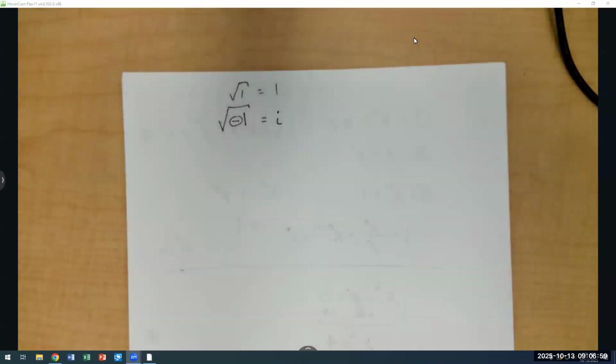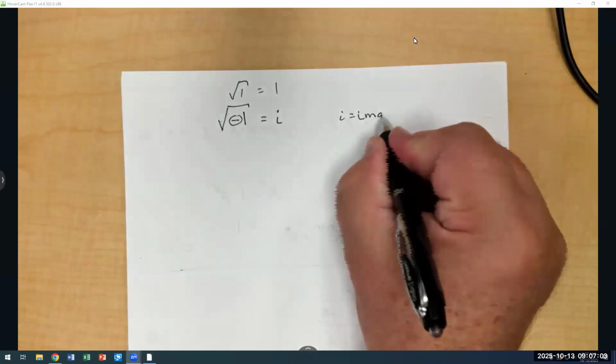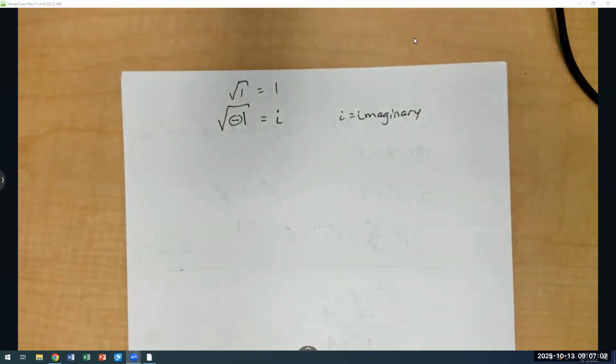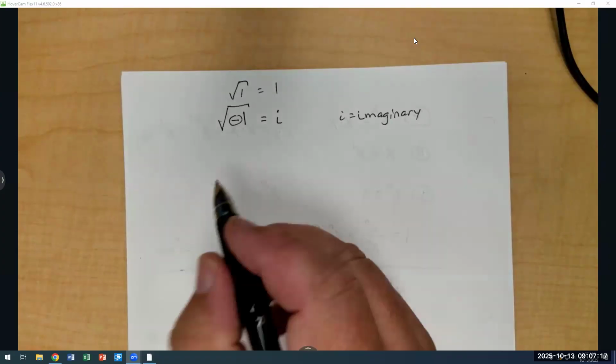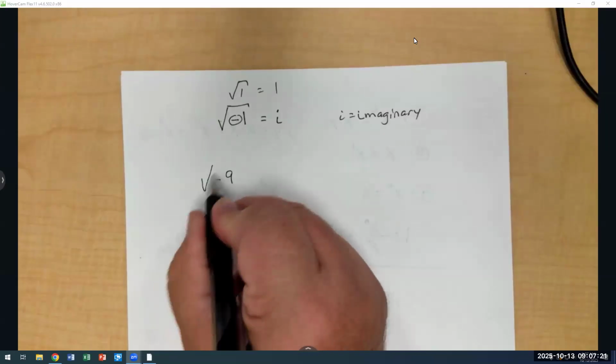We call it i. i stands for imaginary. So when we had square root of negative 9,